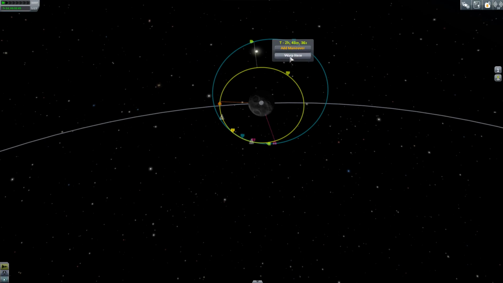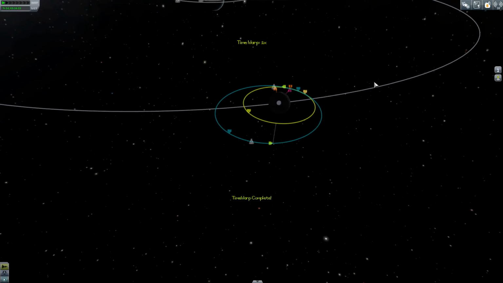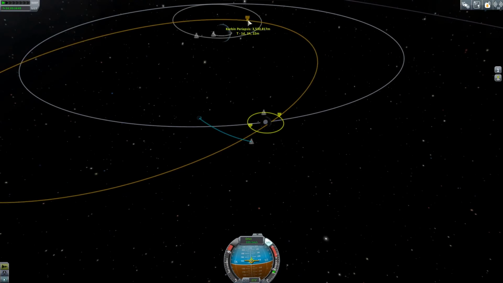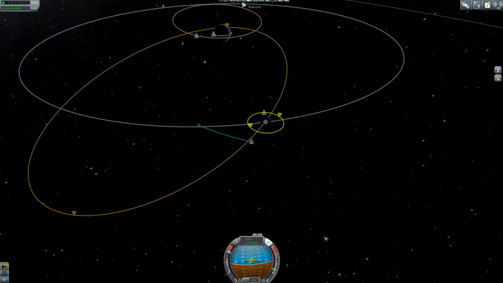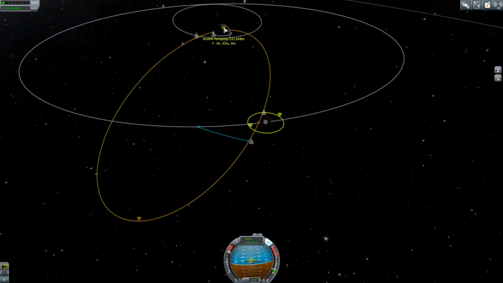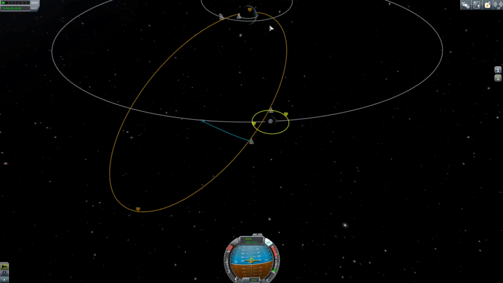Jeb's a badass. Anyway, so we'll warp out here, return to Kerbin with a prograde burn, bring that periapsis down to basically the start of atmosphere, and we'll do an aero capture. We'll attempt that at least. So, like that. Okay, that brings us into 50 kilometers. And we're basically just going to time warp